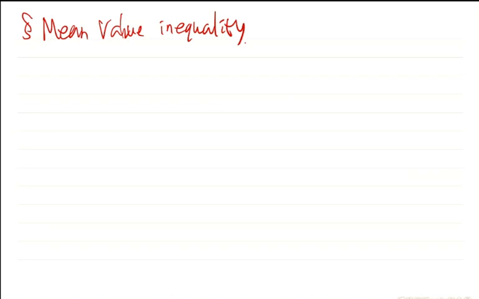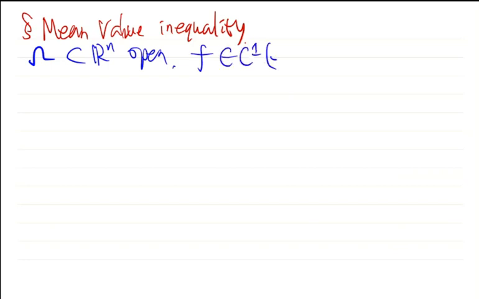So suppose omega is an open subset of Rn, and f is a C1 continuously differentiable real-valued function